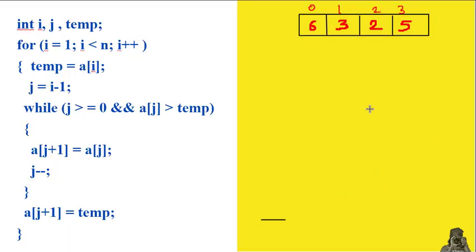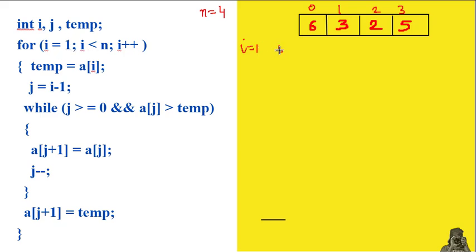Now we will understand insertion sort and its code using this simple example. In this example we have 4 items, so n here is 4. We will try to execute this code so that the concept will be clear to you. Starting with i is equal to 1, this is the first initial condition for this loop.